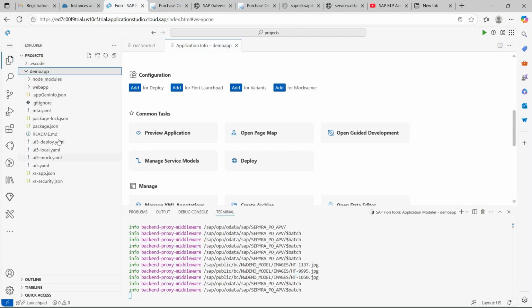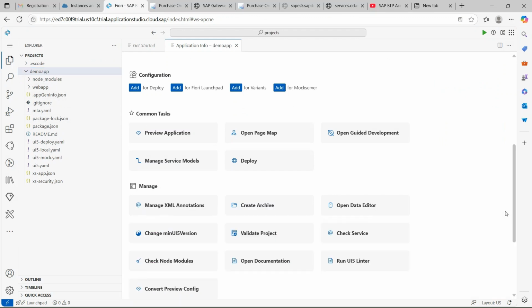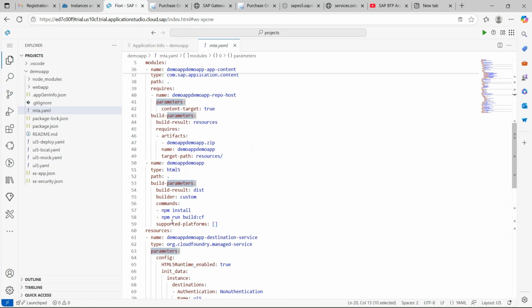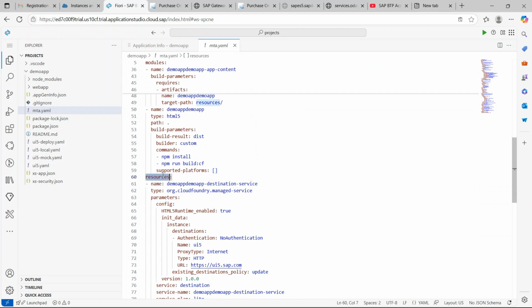And this is the project folder. Now, in order to deploy this application, you have to click on metadata.yaml. Metadata.yaml is a very important file. The file will consist of information like modules, parameters, built-in parameters, name, resources basically,